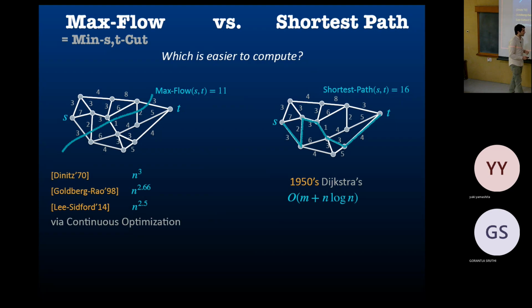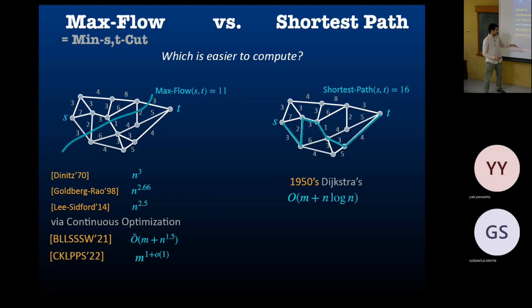That's classical. For max flow, it wasn't that easy. There were polynomial time algorithms in the 70s, and then in the last decade or so, there were methods using continuous optimization that improved the polynomials. Since then, the experts have been telling us that these techniques are very powerful and it will get to linear time, just a matter of a few years. And last year it was actually accomplished. This paper at FOCS actually solved the problem in almost linear time.